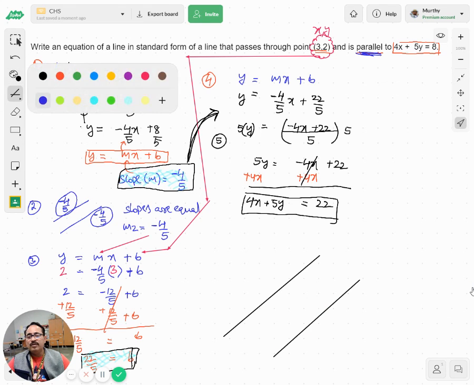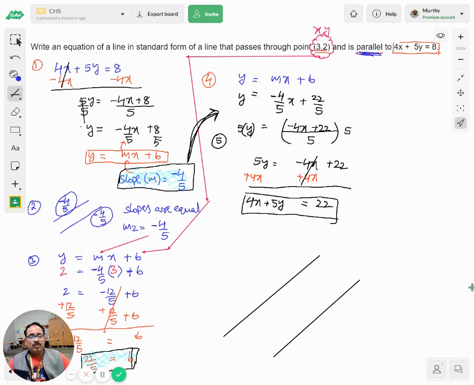So let me write it in detail. The first equation is 4x plus 5y equals 8, and this one is 4x plus 5y equals 22, and passing through point (3, 2). This is a new equation that is passing through point (3, 2). It is not necessary that the same thing in this particular question we got the same, but it is not necessary that you'll be getting the same every